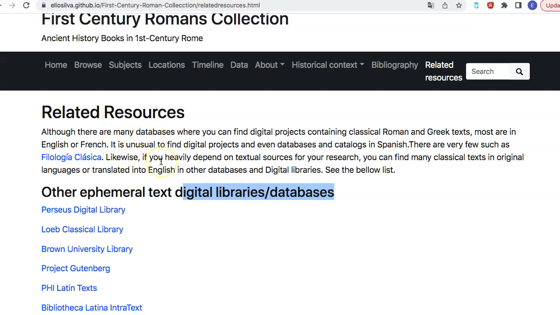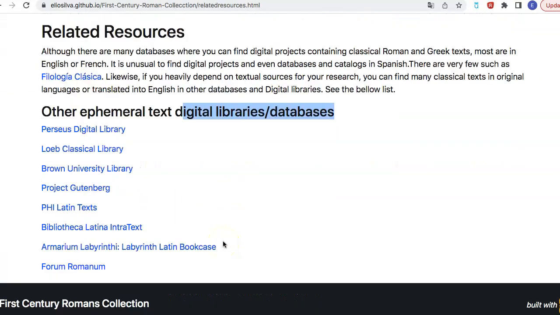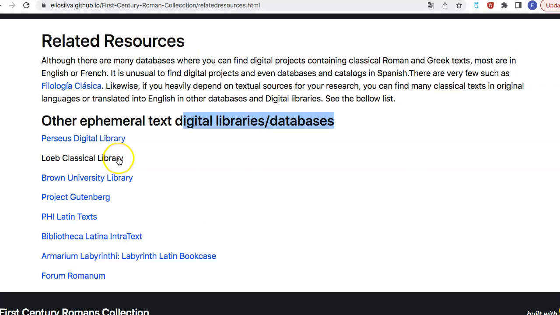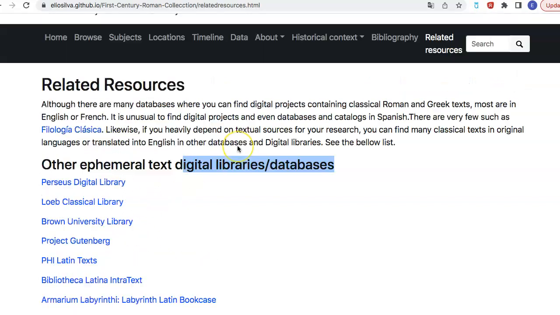But concerning the classics, there are very few. The only one that I found is Filología Clásica. However, you can find books or, per se, classic texts from other databases like Perseus Digital Library and Forum Romanum, etc.